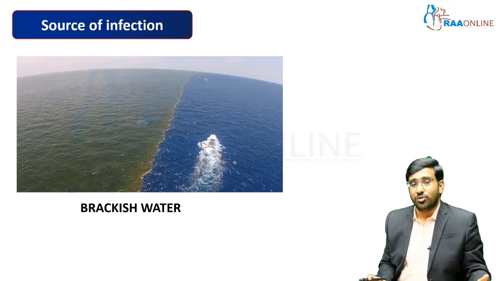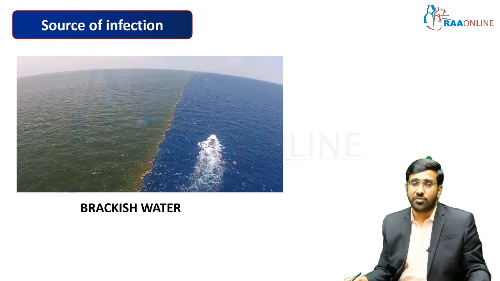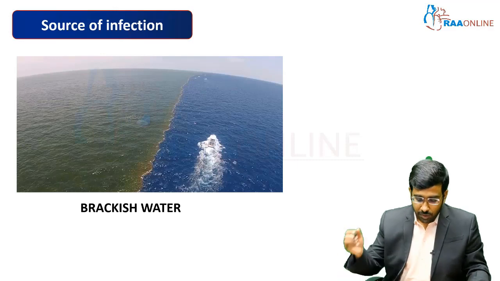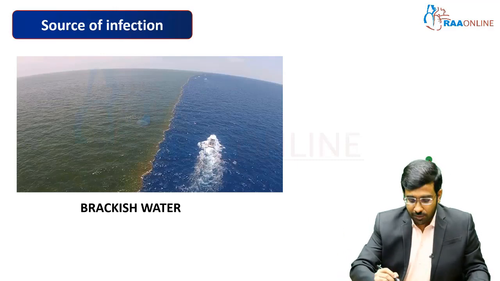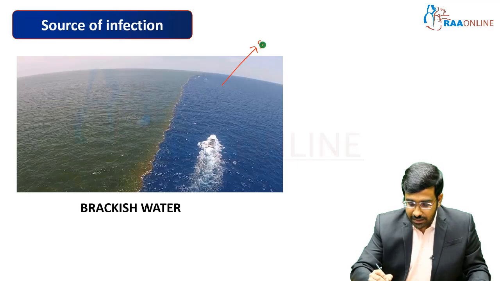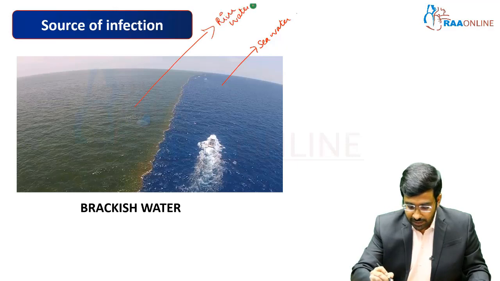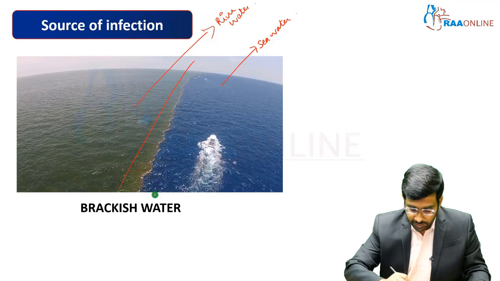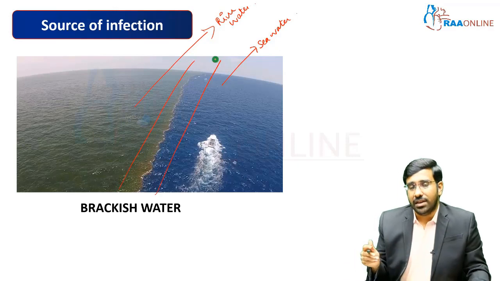Let us go into the source of infection. As I have told before, this is an inhabitant of brackish water. Here you are able to see an exchange of two things. One is the sea water, and this is the river water. In between, there is an area which is called the brackish area. Here the river water